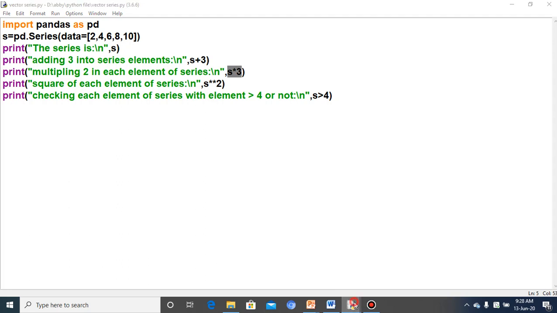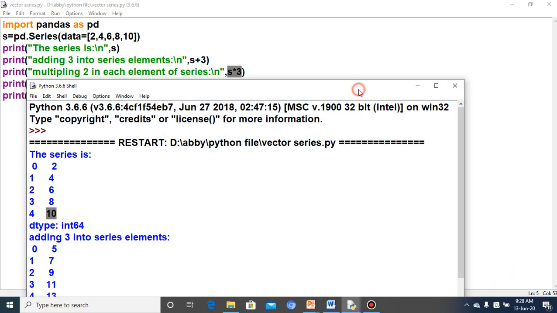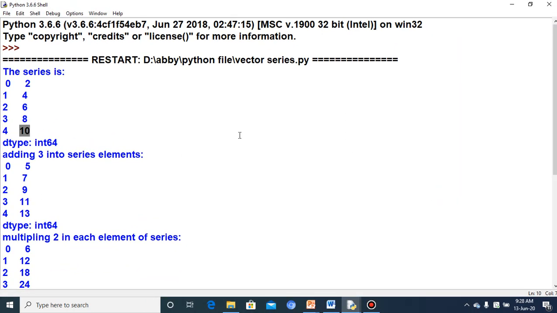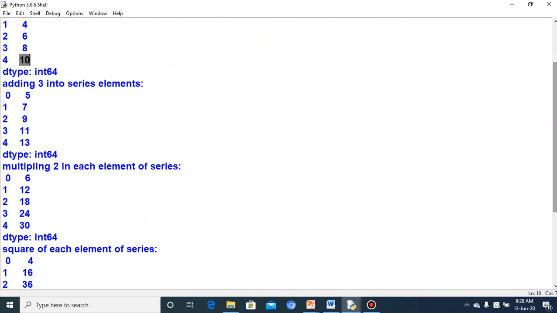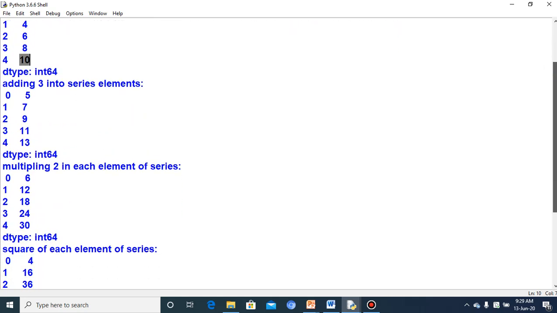When you see the output, it will be more clear how the values are multiplied with each individual element. You can see here multiplying 2 in each item. So 2 into 3 is 6. Then 4 into 3. First element was 2, so 2 into 3.